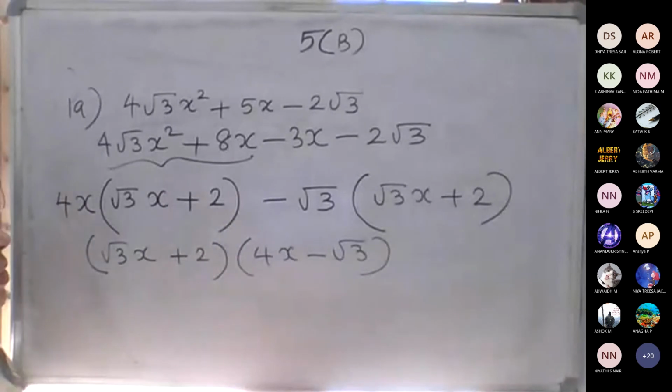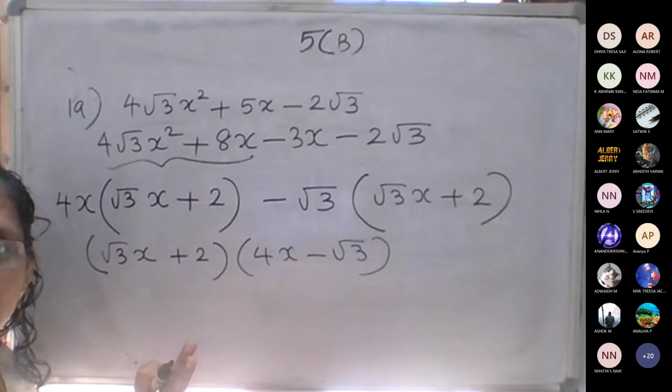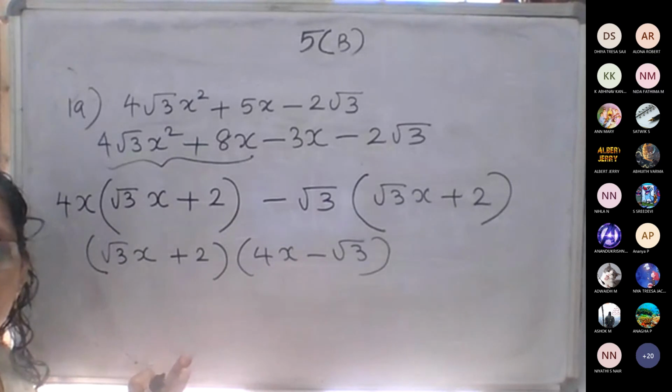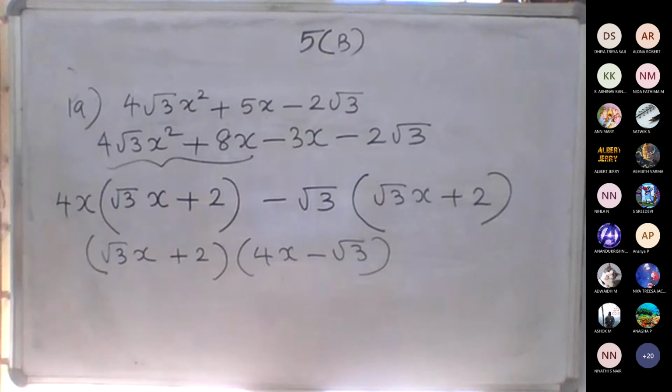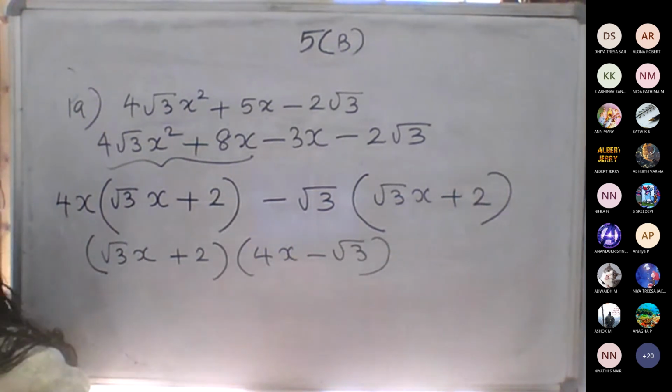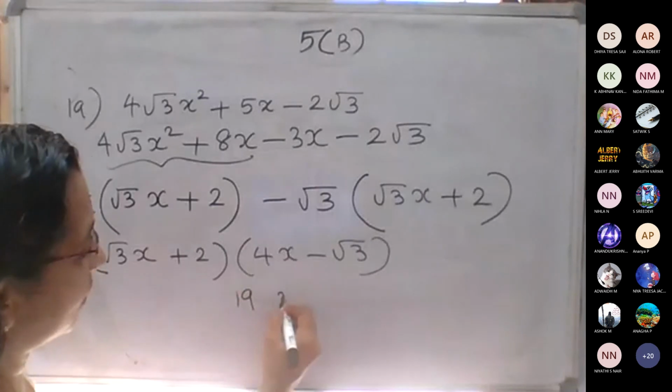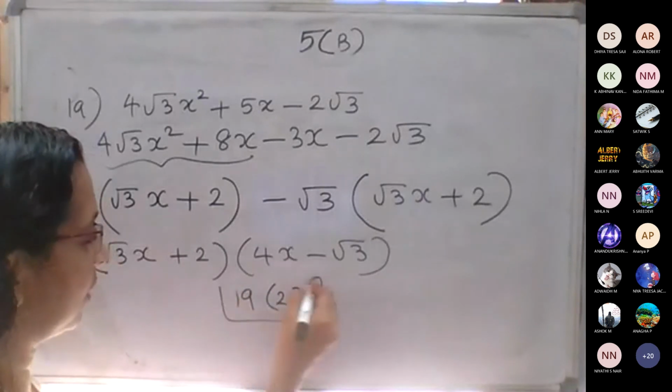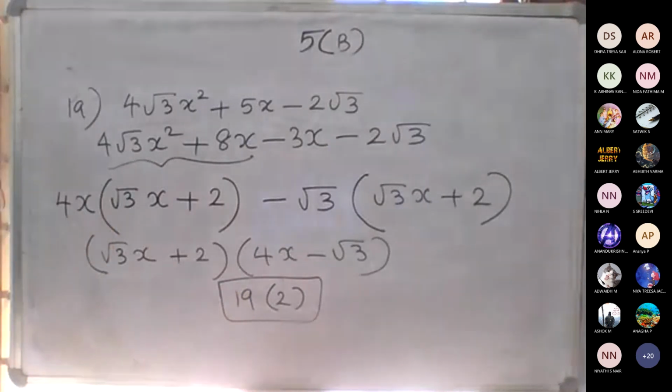Is it okay now? Yes, ma'am. This method is enough, no? Yes, ma'am. Okay, try to do question number 2 also. Factorize 19, the second one. Same way, just try it. Tuesday we can discuss, but 19, the second one, do as homework. Just try it whether you will get it or not. I want to check. That's all.